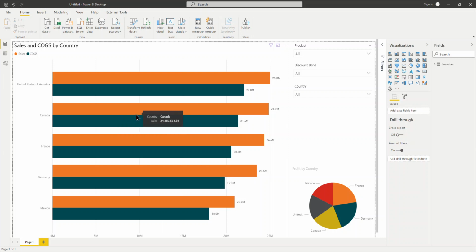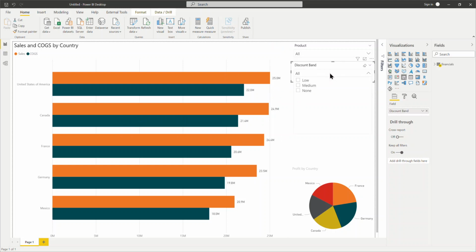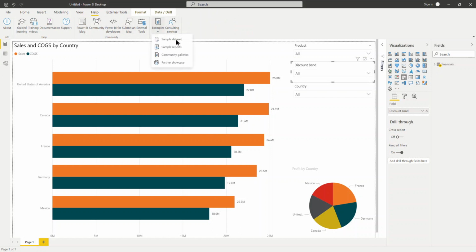In this video, I'll be going through the synchronization of the slicers. So for example, you have this slicer in continuation with the data set that we have. Just to repeat, we have imported an example sample data set with financials and played around with a few of the